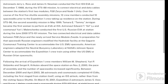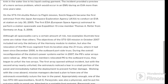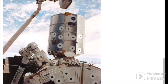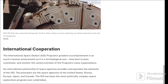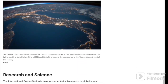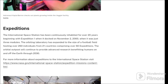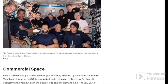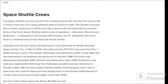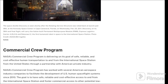Structure. The ISS consists of interconnected modules that serve various purposes, including living quarters, laboratories, and docking ports. These modules are provided by different participating space agencies. Crew. The ISS typically hosts a crew of astronauts and cosmonauts from various countries. They live and work on the station for missions lasting several months, conducting scientific experiments, performing maintenance, and carrying out